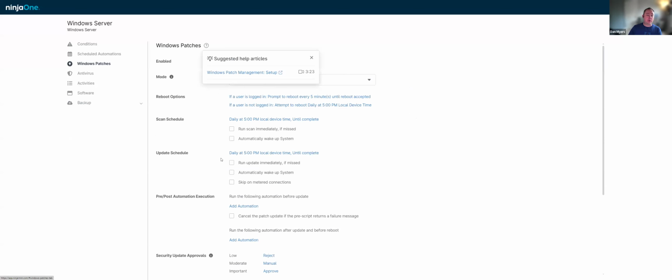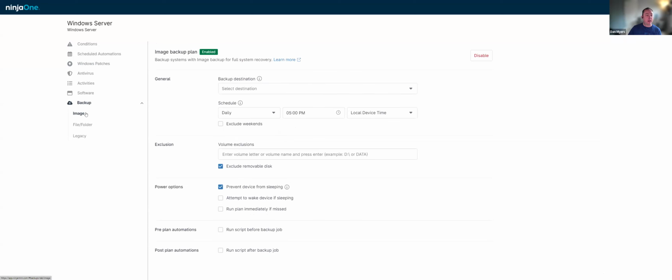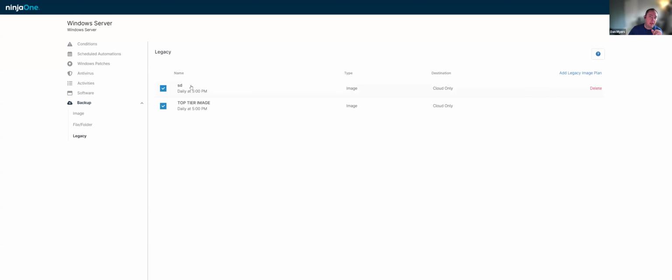It's very similar to the way we're doing patches, right? You have a single set of patch settings in your policy. And what this allows us to be capable of doing from the get-go, some of you may know a few pain points of by allowing you to have multiple plans in our image system, in our file folder,